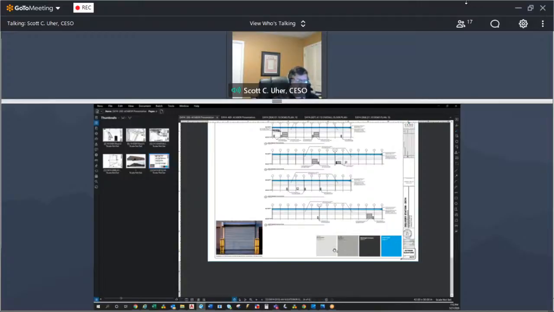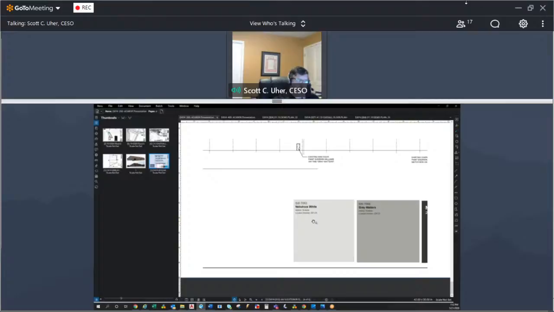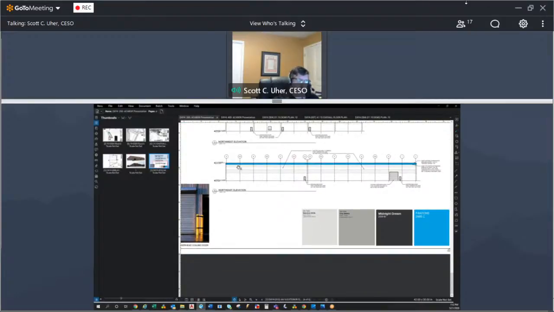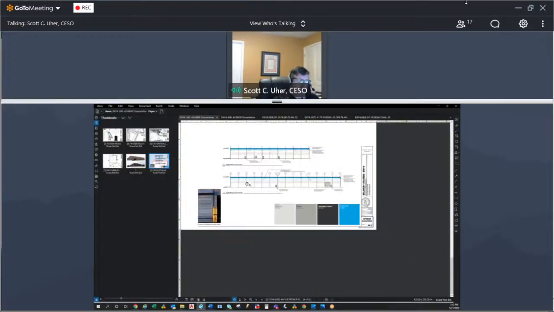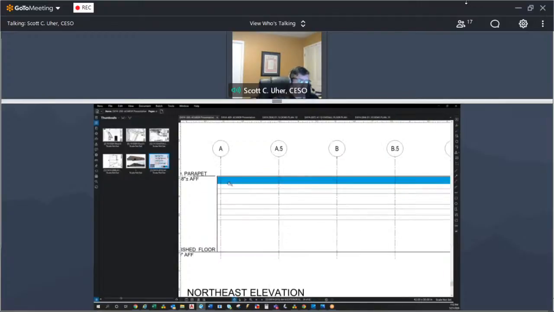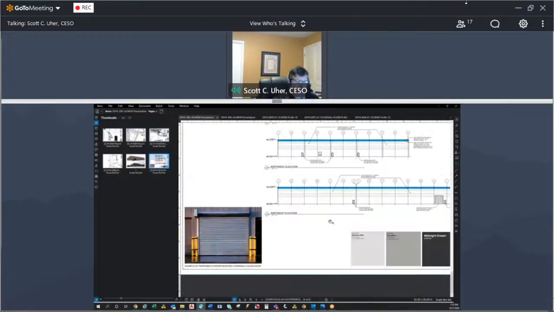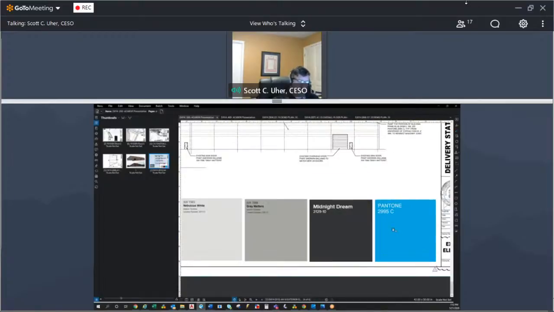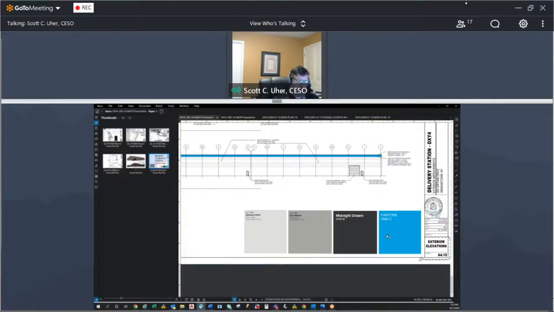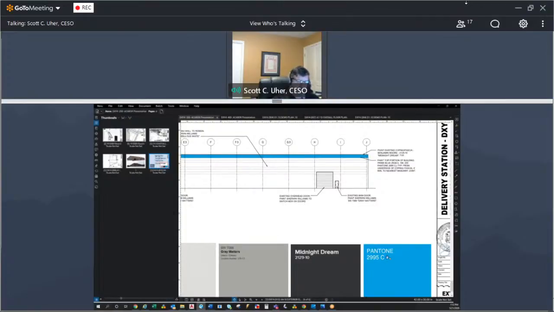The building itself will primarily be this nebulous white color for, I would say, 90% of the building. And then at the very top of the building, there is a band that will be approximately 4 feet deep that will go all the way around the building. And that is painted a Pantone color. Amazon refers to it as prime blue. That kind of matches their branding, the coloration that they have in their logo and such. So that is for identification and branding of the building.